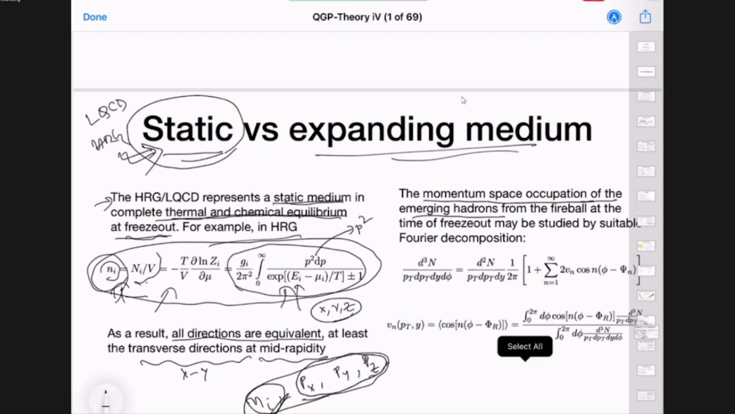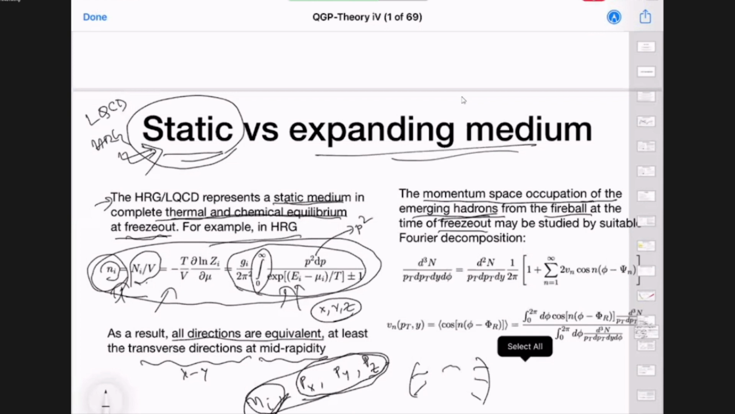Unlike in this yield, where we had already integrated over the total momentum space, and then we started talking about theory versus experiment. So if you don't integrate it out, if you want to look at the momentum space occupation of these emerging hadrons from the fireball at the time of freeze out, remember, when you are getting the hadrons in the detector, right,